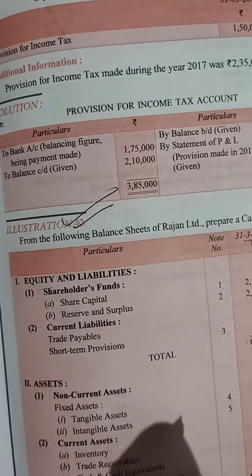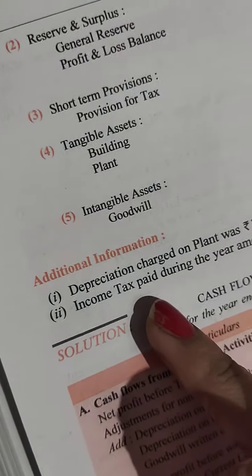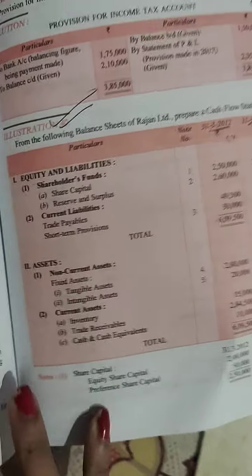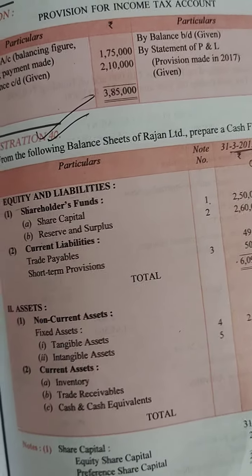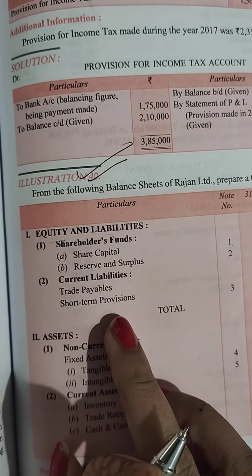You need to go through the balance sheet in serial order. Please do not try doing the question with adjustments in between. Never try to do this, right? Because there are only 2 adjustments, depreciation and income tax, and as they come, we will deal with them, right? Do not try to take out the adjustments first and then try doing the question. No, it is better to move in sequential order, right?